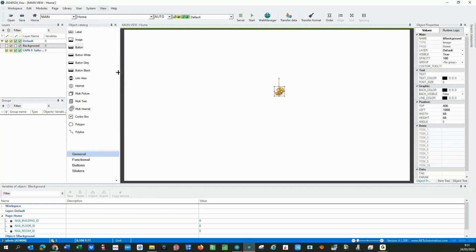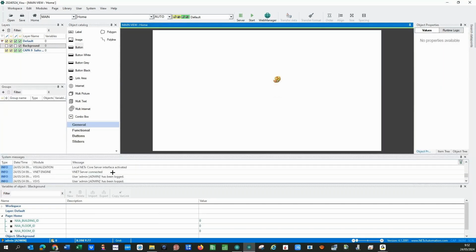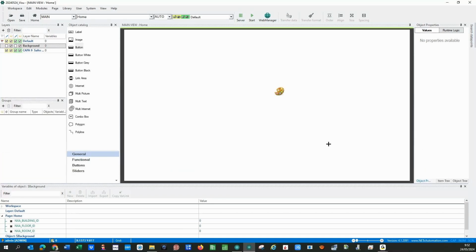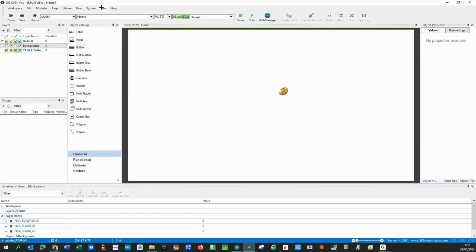If you want to have system message here, have information about the visualization, but in my opinion, again, it's not the most important window to have. So no search data points, no item tree, for example. So with these windows, we will start